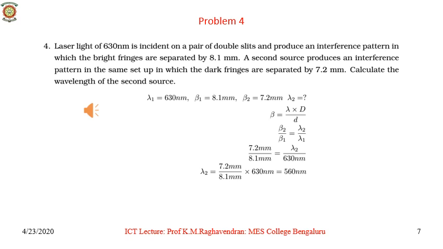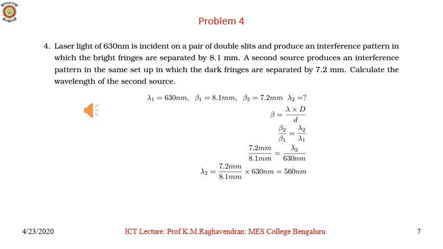The point to understand is that fringe width is the distance between two successive bright fringes or two successive dark fringes in an interference pattern, and this will be equal to each other because interference fringes are equally spaced. So the fringe width with wavelength lambda 1, that is 630 nanometer, is beta 1 equal to 8.1 millimeter. We are asked to find what will be the wavelength of light if the fringe width in the same setup